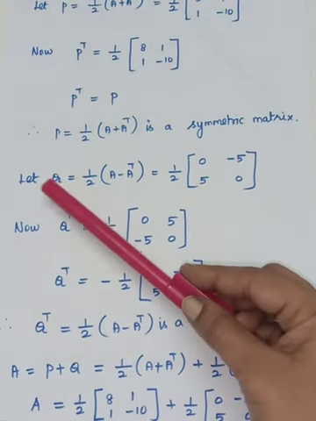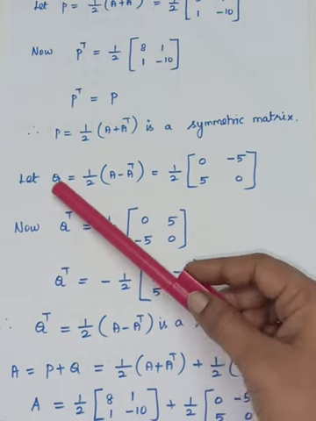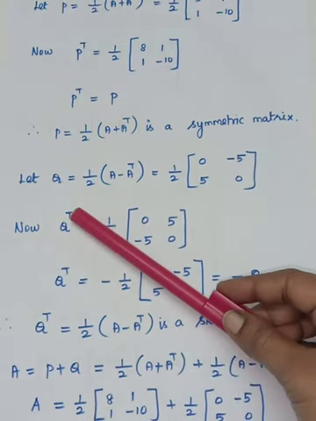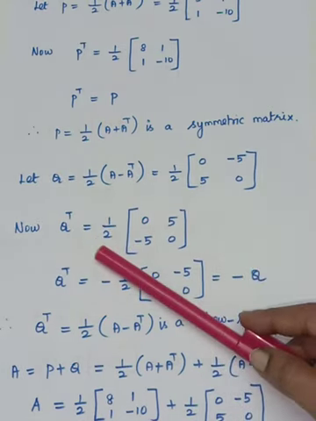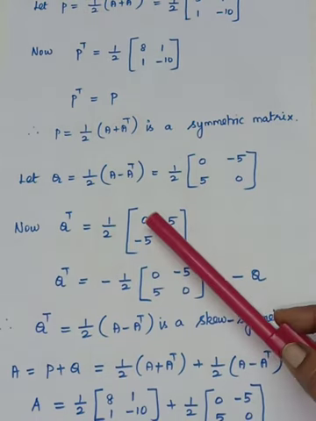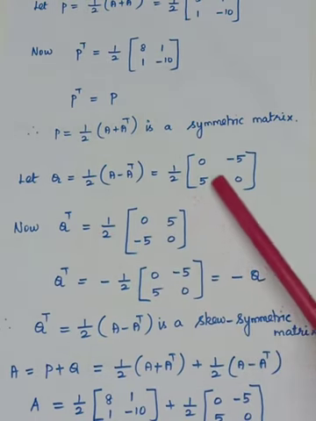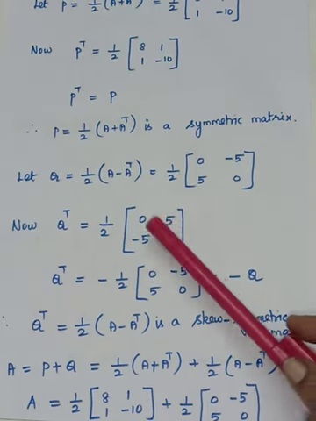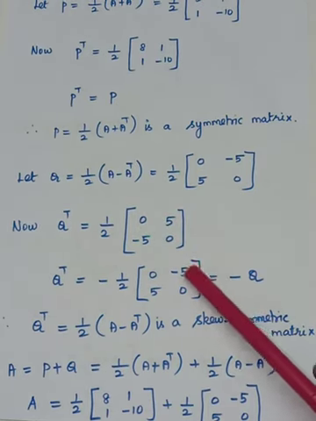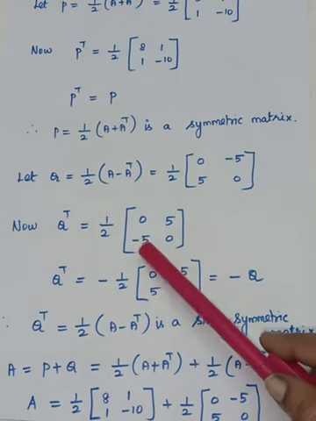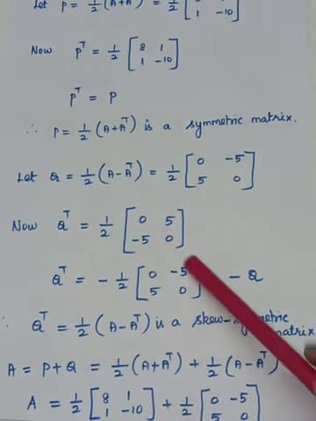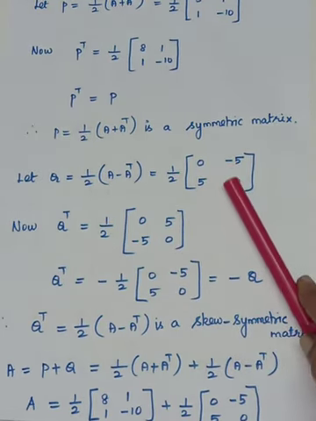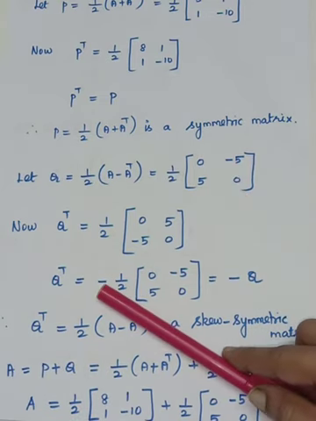This is your A minus A transpose. We have to check this is a skew symmetric matrix. So Q transpose has to be found. So half into, take the first row, write as a first column. Take the second row, write as a second column. Take minus out from this. So it will become 0, minus 5. In the second row, if you take minus out, it is 5, 0. What is this? This is nothing but the Q. So in between you are having minus.